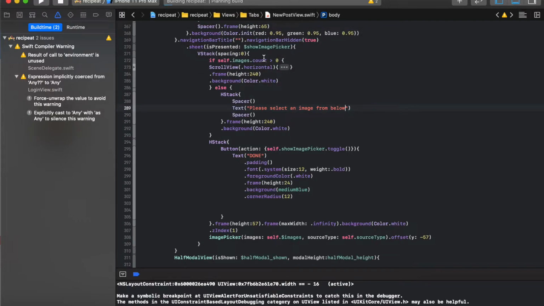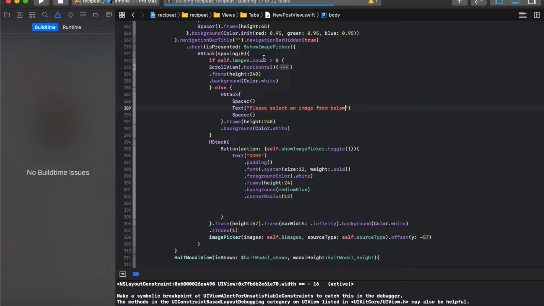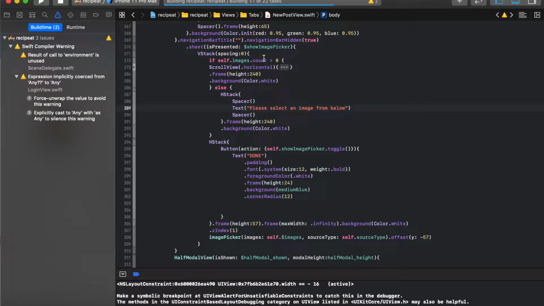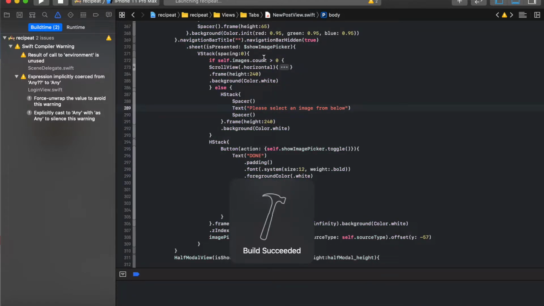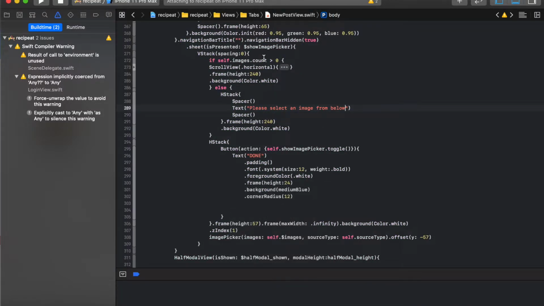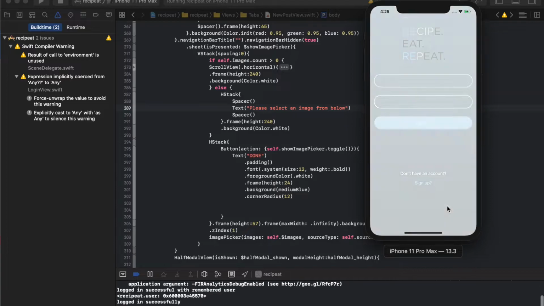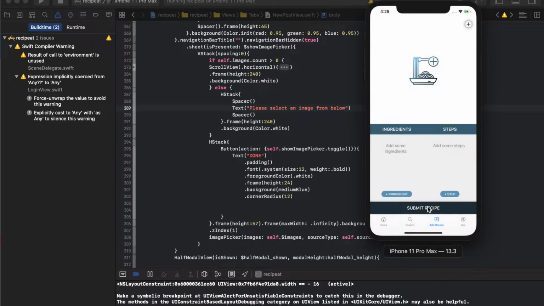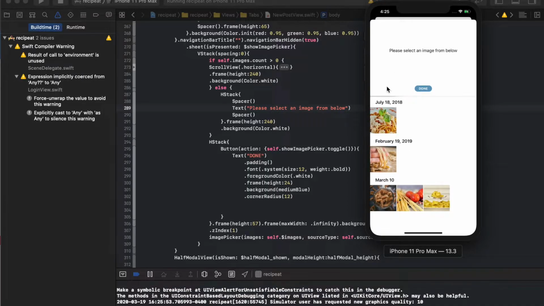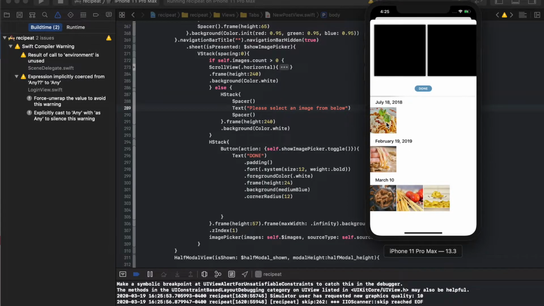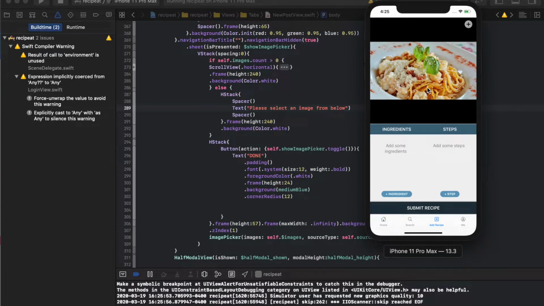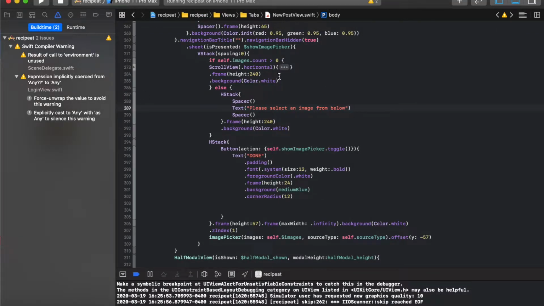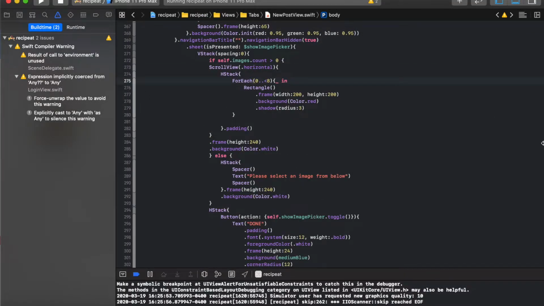We'll run it and see what we get. It's a photo library. Please select an image from below. Now when we click it, we get these black squares, right? Now to take it a step further, let's actually open up where we have this for each, and we'll say